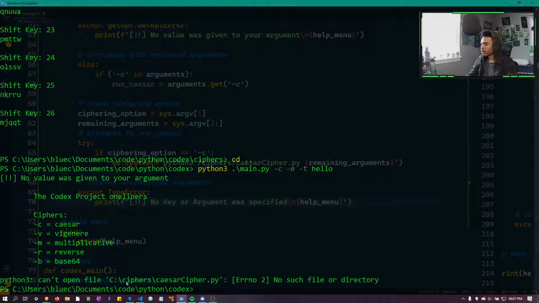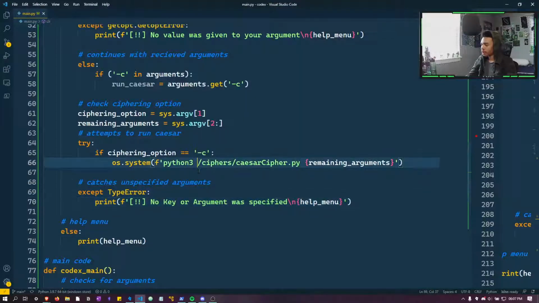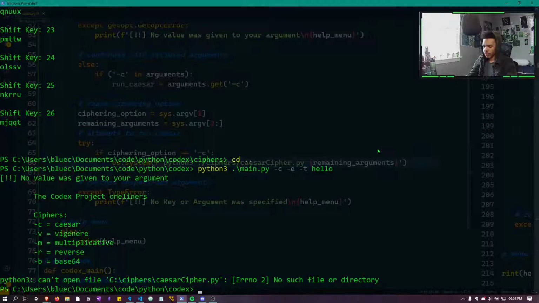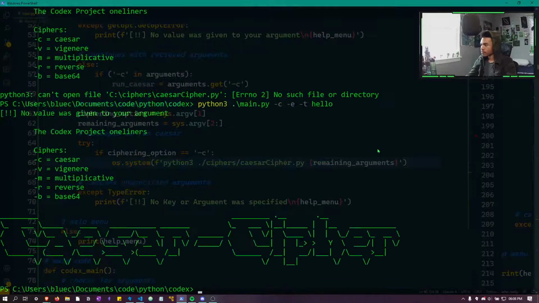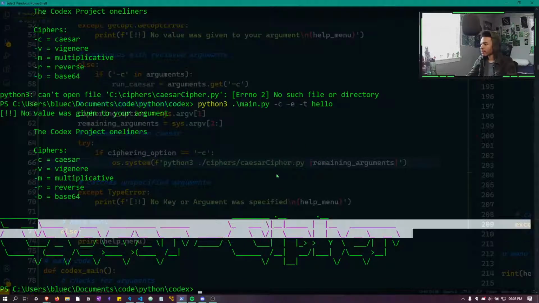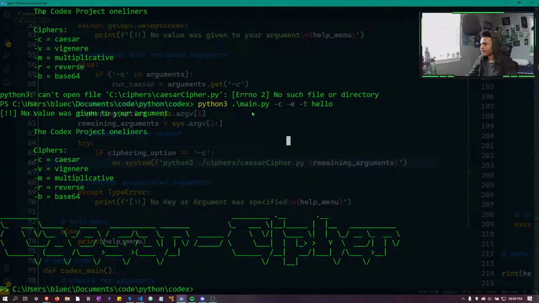Oh, it's running. Oh, so can we just do dot slash maybe? Oh, it ran the Caesar cipher this time. Let's do it in here. So if we do python 3 dot slash Caesar